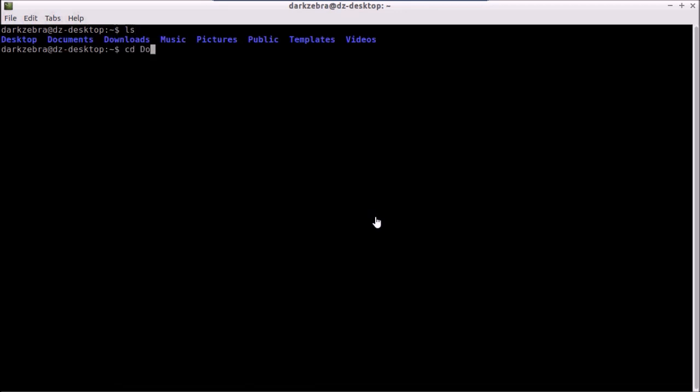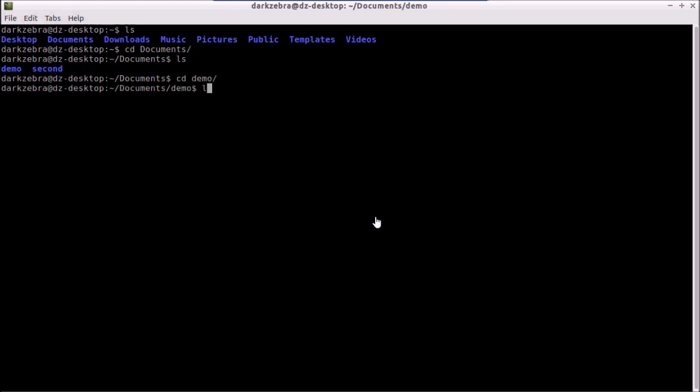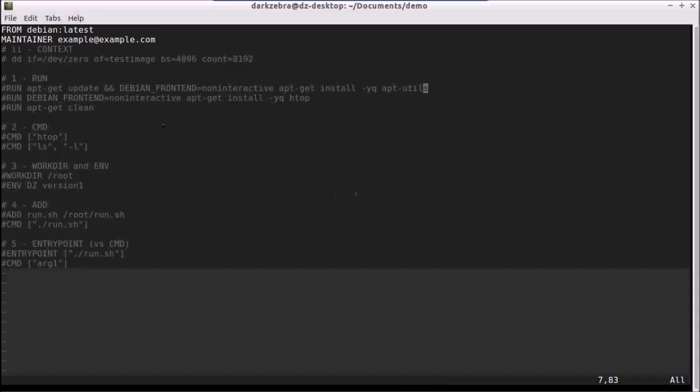We're going to go into this demo folder. And you'll notice here I have a file called Dockerfile, and that's with a capital D. They should always be named the same. I do not believe there's an option to configure it, so always name it Dockerfile, capital D. What that file looks like is it contains